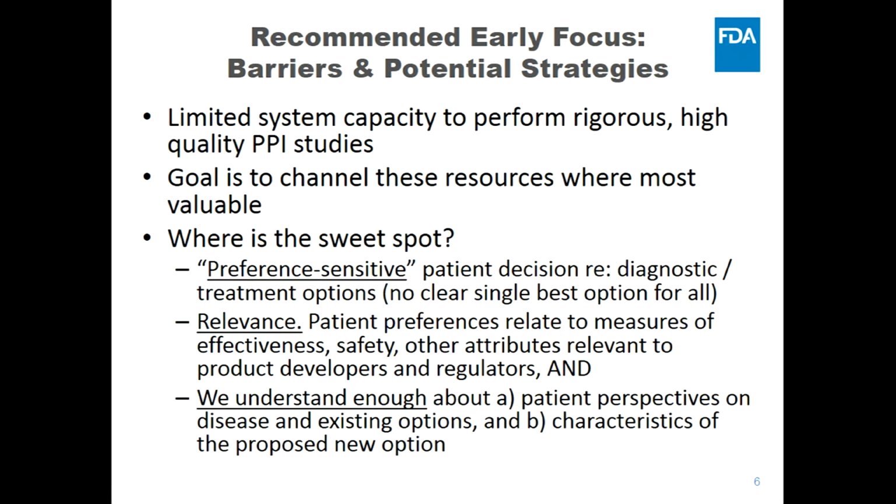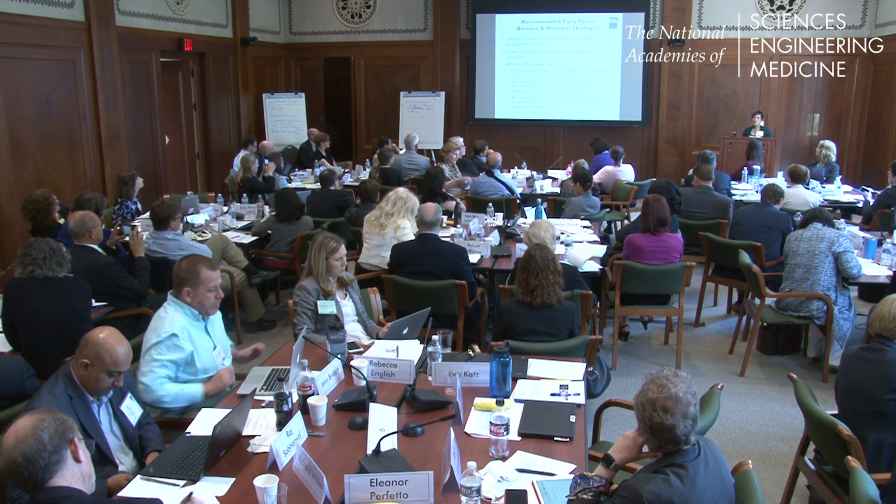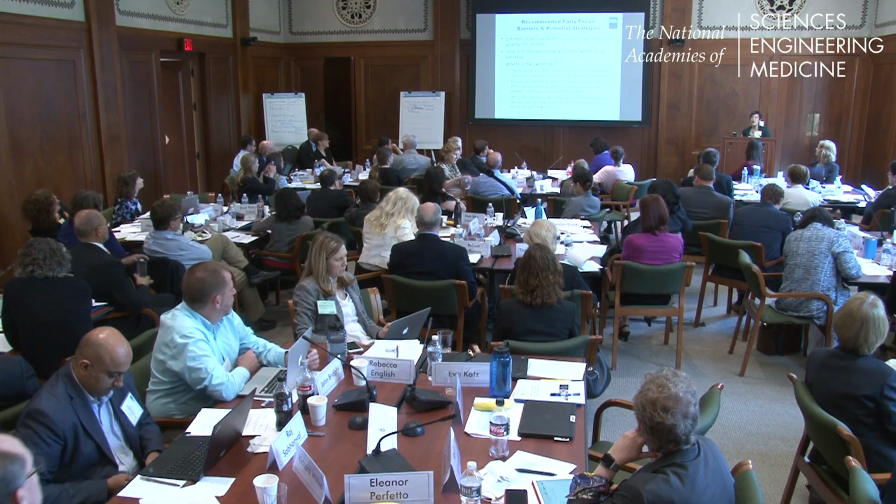I think we may have a philosophical difference of opinion whether we should go for covering the waterfront or honing in on a couple of higher priority areas. To me, because there's such a limited capacity for preference researchers who can work in the health space, in the benefit-risk decision context, and in a regulatory application arena, we ought to channel these resources where it's really going to be most impactful. And so I think the sweet spot is sort of the middle of the Venn diagram